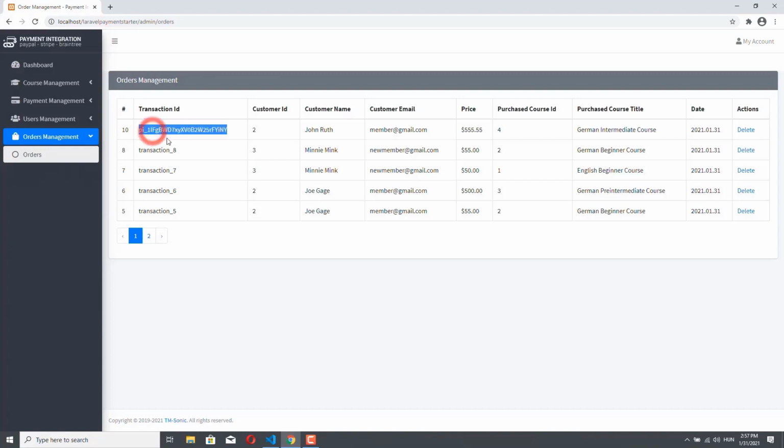So there is a transaction ID. Now you see that this transaction 8, 7, 6, whatever, this is dummy data. However, this is an actual test transaction, and based on the transaction ID, I can tell you that it is a Stripe test transaction. There is a customer. There is the customer name. There's the customer ID. There's the customer name, the email, the price of the course that was bought, the ID